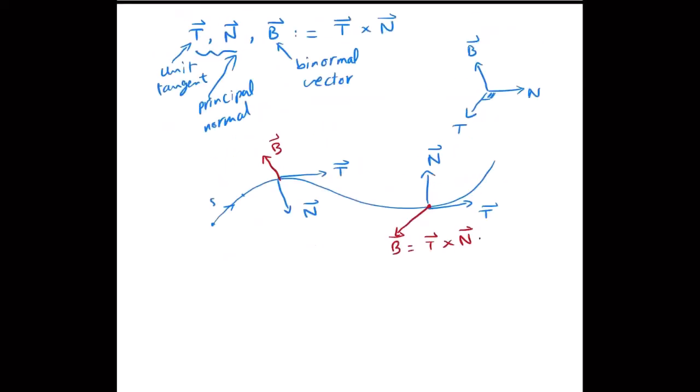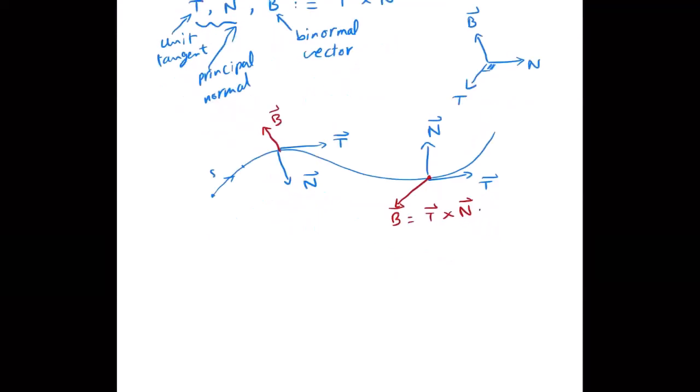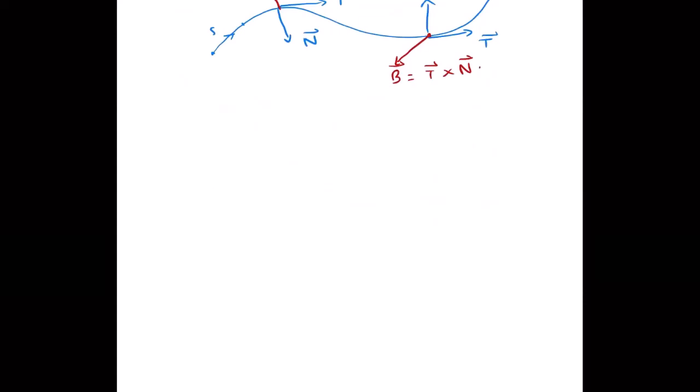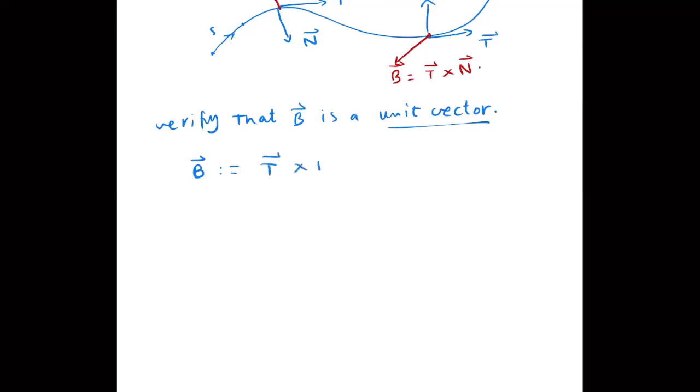But we have a point to prove here, to verify that B is a unit vector. Verify that B is a unit vector, of magnitude 1, I mean. The proof is easy. We need to write the definition first, B equals T cross N. Therefore, the magnitude of B is, by definition of the cross product of vectors,